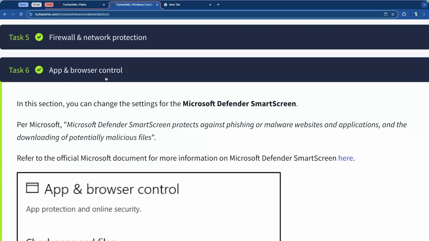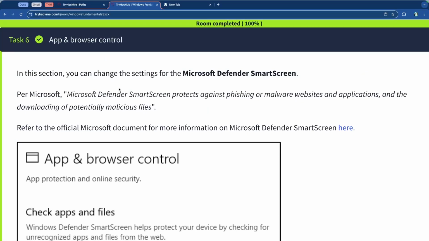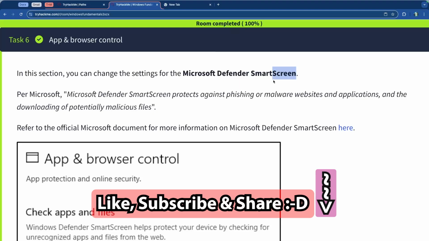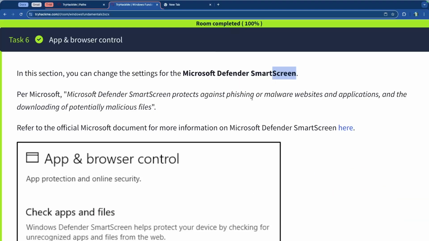All right, let us move to app and browser control. Here we're going to look at the Microsoft Defender SmartScreen, and this should not be confused with an actual computer screen. This is screen in the context of screening something, right? So filtering, you can think of it that way. So Microsoft says that the Defender SmartScreen protects against phishing or malware websites and applications and the downloading of potentially malicious files,